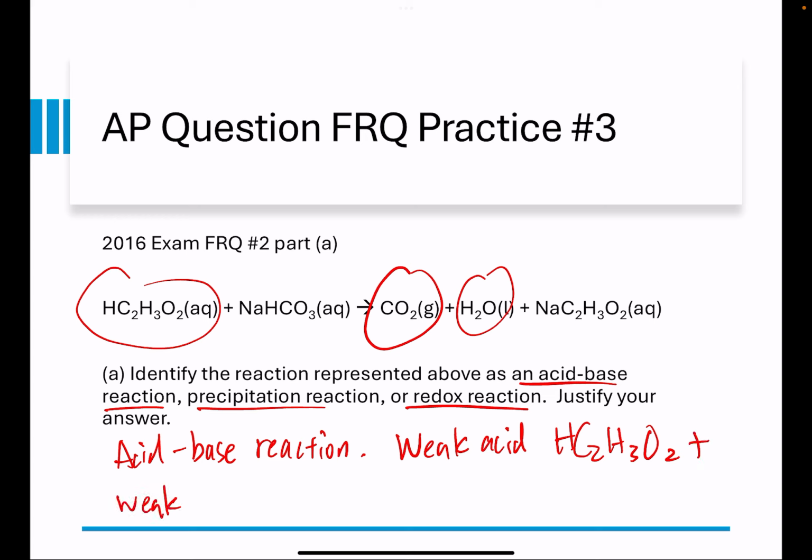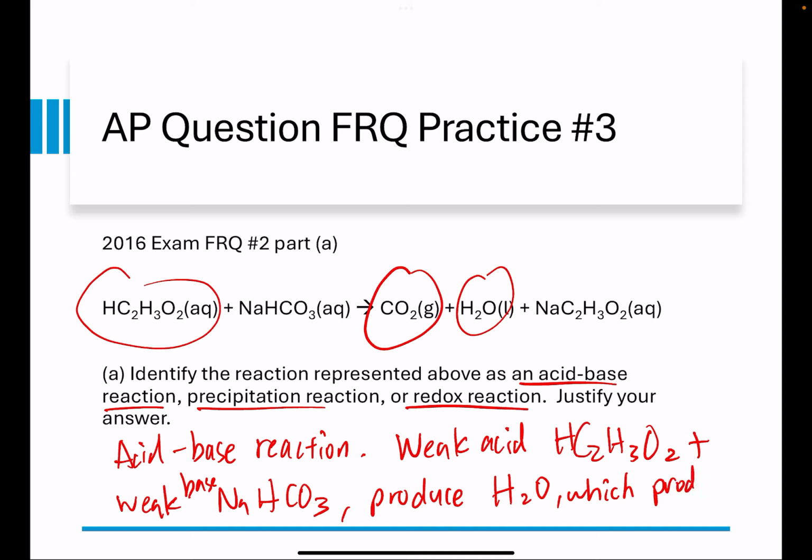So our sodium hydrogen carbonate, our sodium bicarbonate, baking soda, is gonna be our weak base, and together they do produce water, right? Which is our product for neutralization,